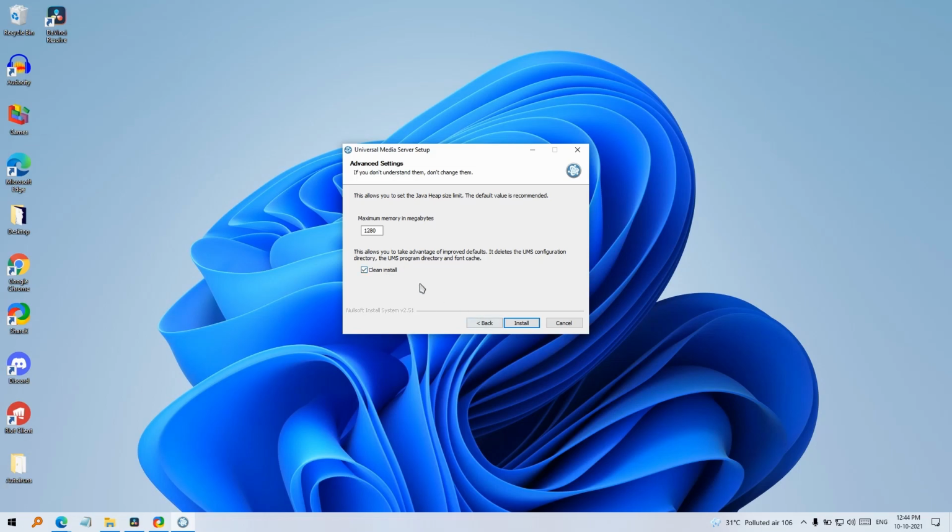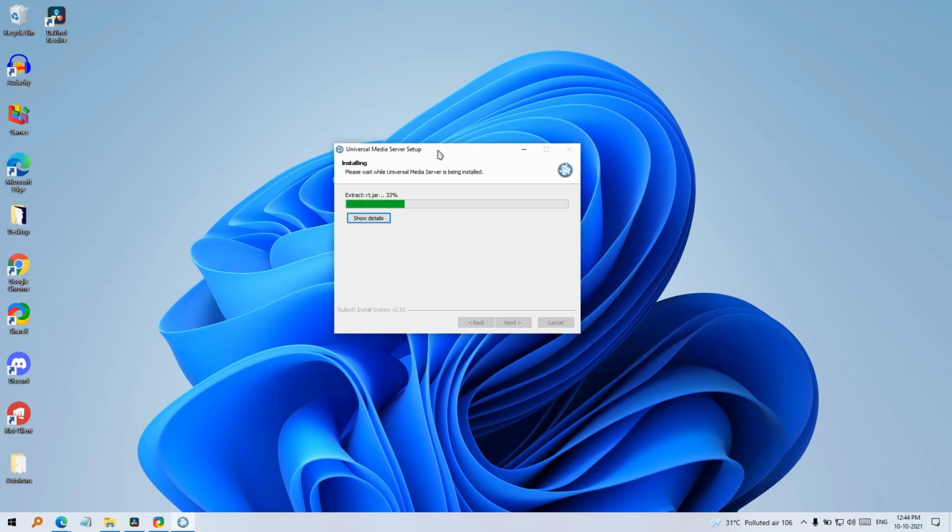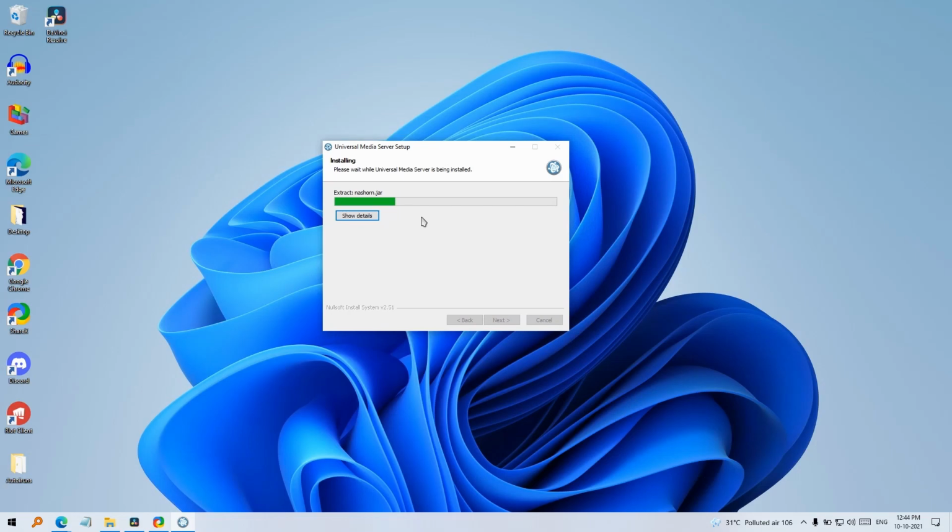I'll select clean install because I had a previous instance installed. You can keep this as the default, or tweak it as per your requirement. This may take a couple of minutes. We'll just wait for the installation.